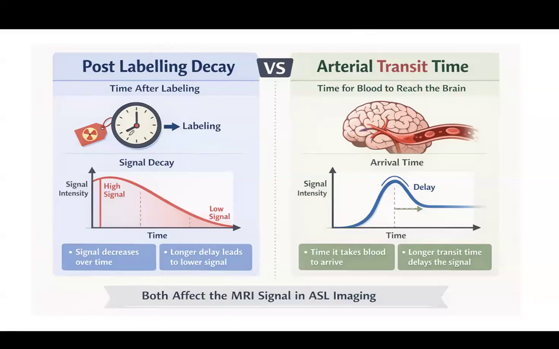How post-labeling decay is important is that if you keep it below that, it can show increased perfusion. And if it is after that, it can show